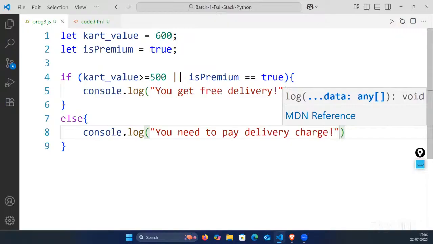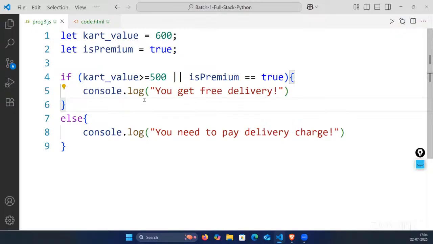Yeah, fine. Right. So, what output will we get here? What output? Free delivery. If I make it here false, then okay. Okay, let's ask one more time. What about now? What will I get as output? You get free delivery, and the reason is that either this condition is true or this condition is true,